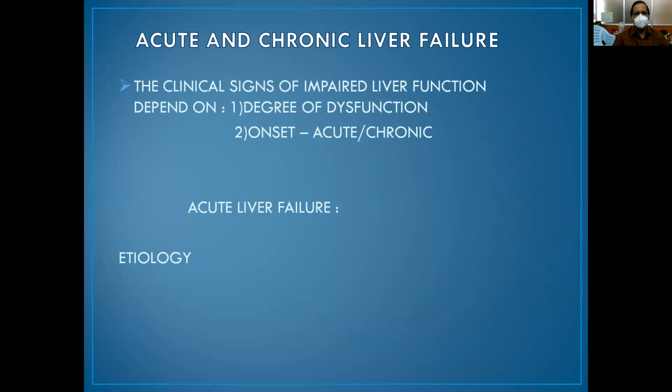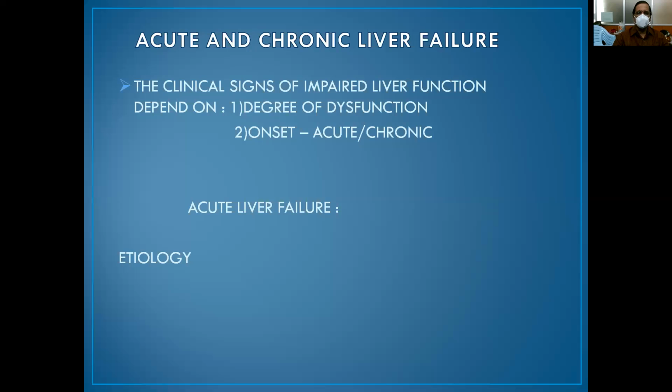We must be able to tell in the general examination. We must examine the patient from above downwards: what are the various clinical signs of acute or chronic liver failure. That's why I want to complete this topic that is given in Bailey and Love. Another most important thing is liver trauma. That is also commonly asked: what are the complications of liver trauma and what are the important investigative procedures, that is radiological investigations, that can be done in case of acute or chronic liver failure.